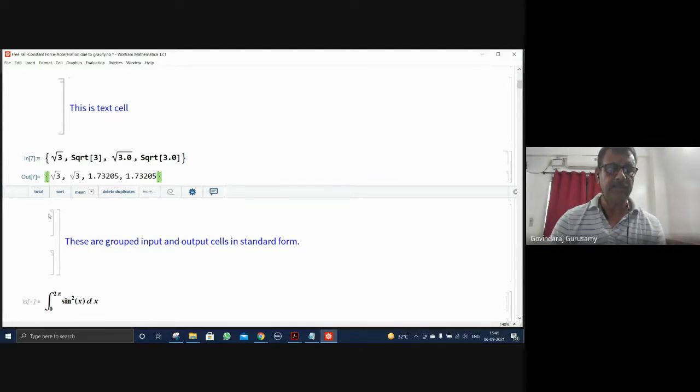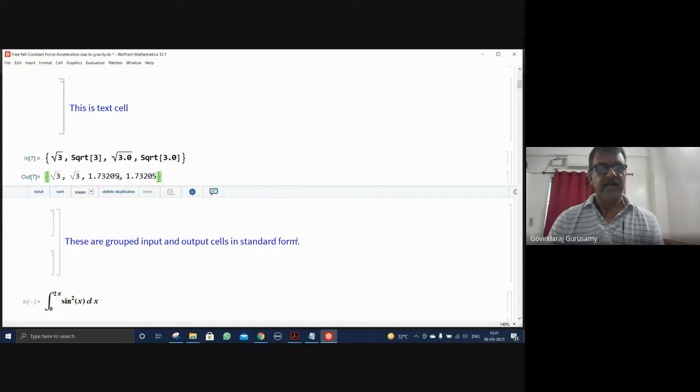Okay, what is interesting here now, the input will not be like these two parallel lines at the top. You can see there is a triangular structure. When you have a triangle structure, we call it an input cell, and for the output cell you'll get another small line like what you have here. So if I have a triangle structure with a line, this is grouped here, input and output, and the output sometimes we don't want, so we put a semicolon. So these are grouped input and output cells,